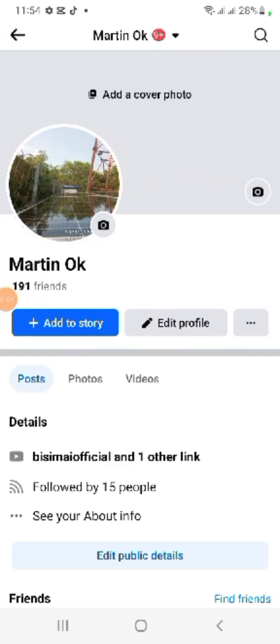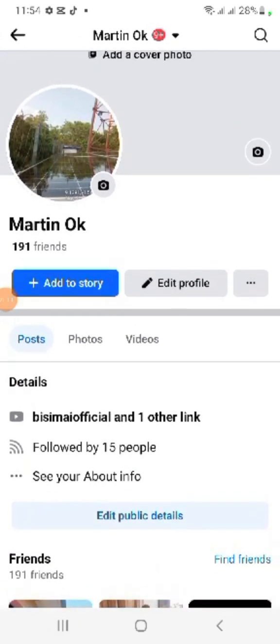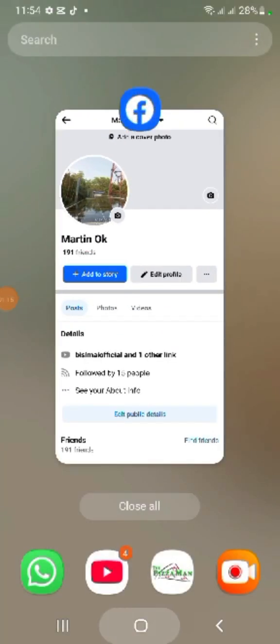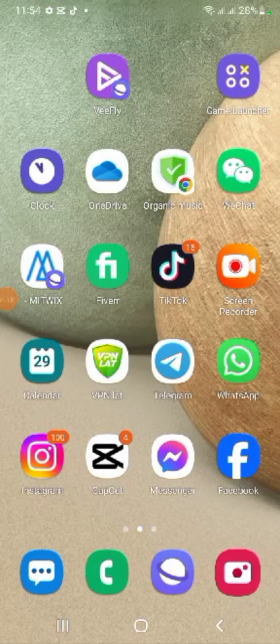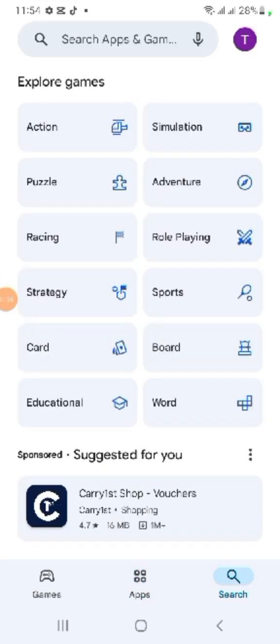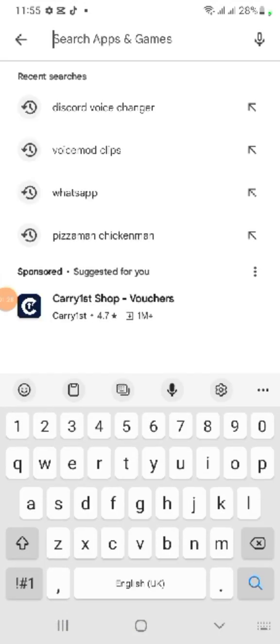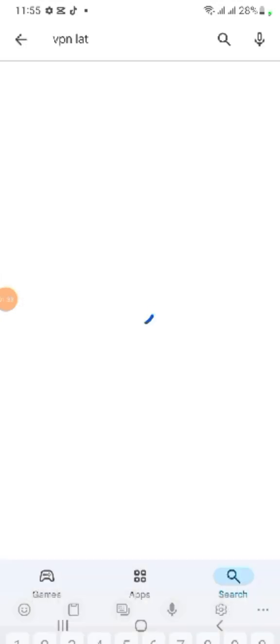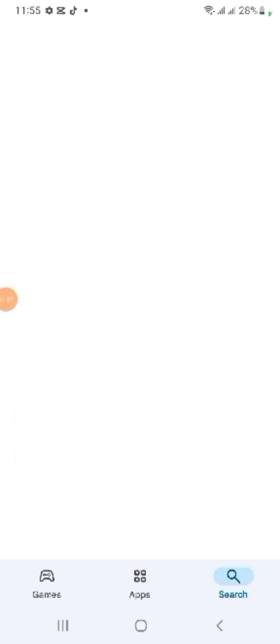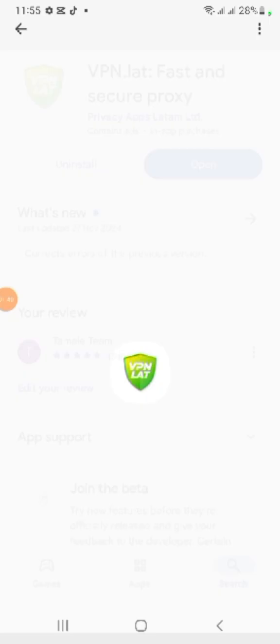And you come here, you then scroll down. But before you do this, you have to go to Play Store and search for this VPN. VPN Lite. Yeah, this is the VPN. This one. So you open the VPN like this,